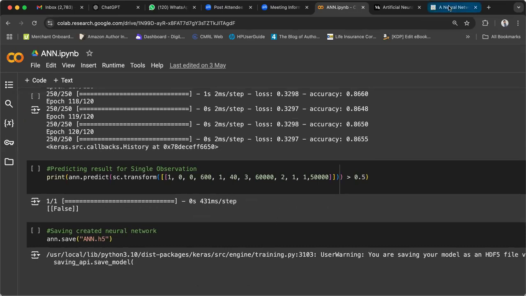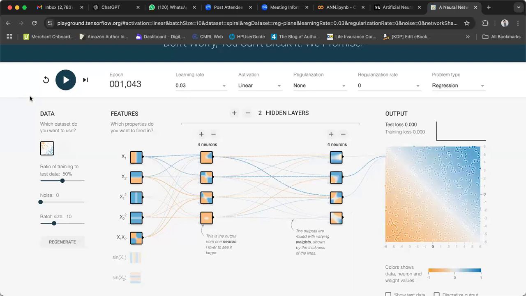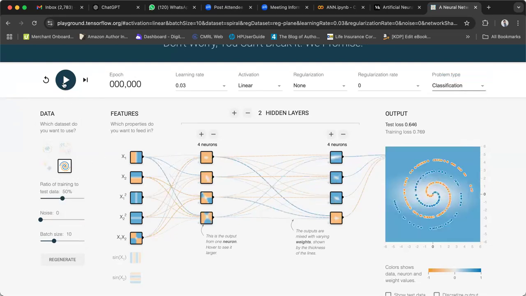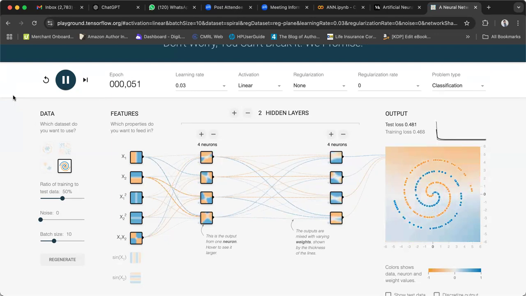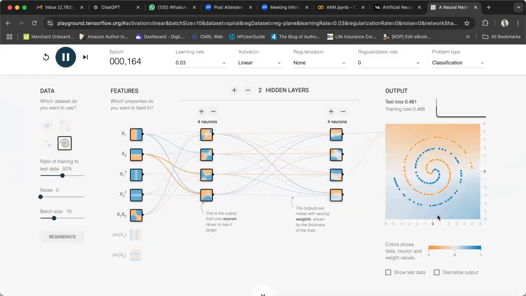Just see how fast it is trying to capture the information. So these are all the things you have to know. It is just a mere representation of the neural network. It is how we are feeding the information, how we are putting the information. So the test loss is 0.481, training loss 0.468, and colors we can just change whatever you want,